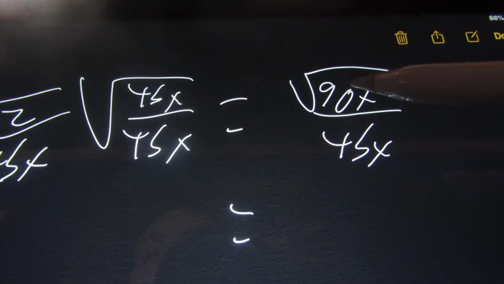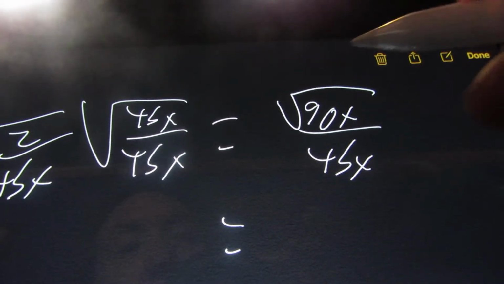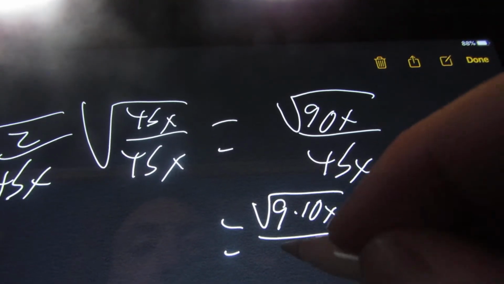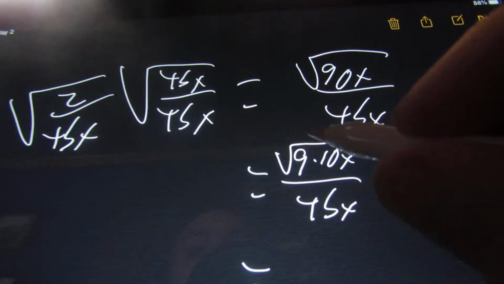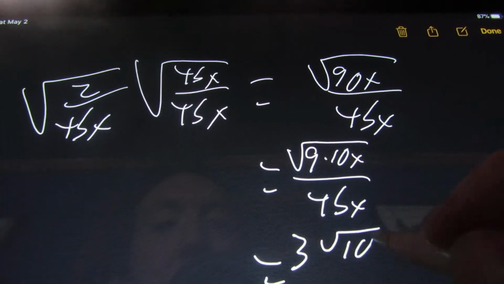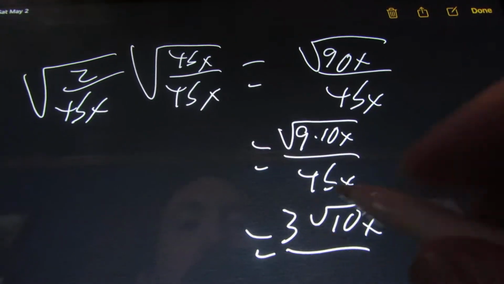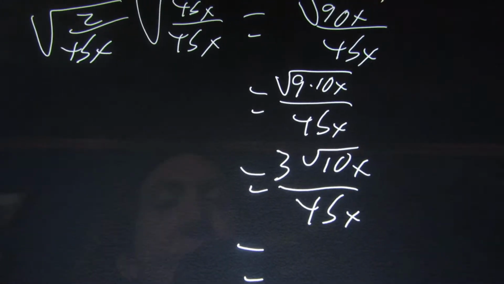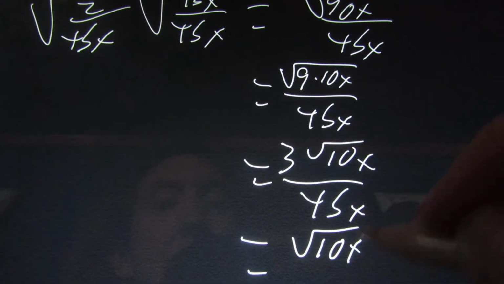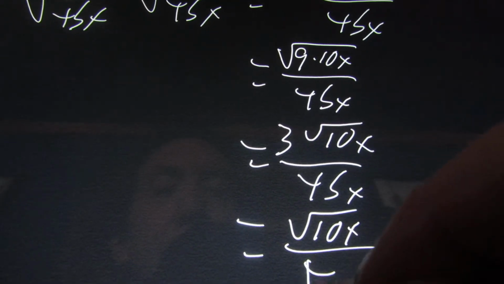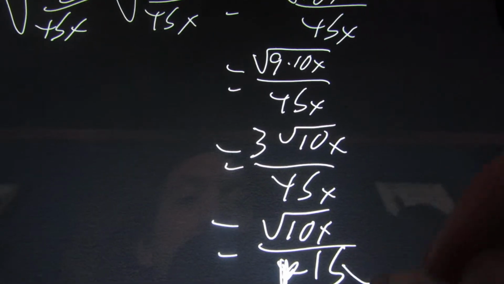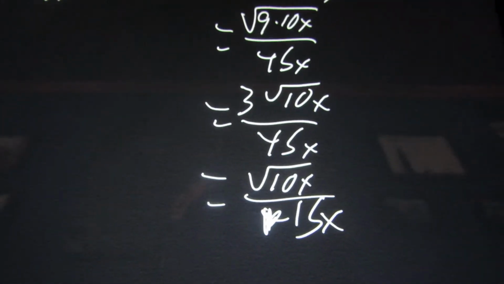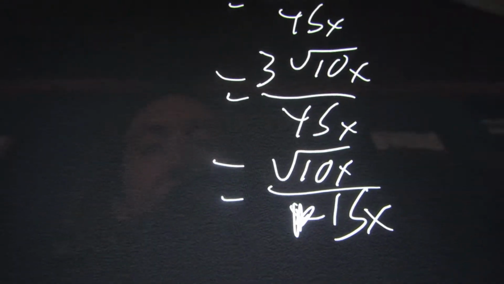So now a 9 will go into the 90x. So I'm going to rewrite this as 9 times 10x over 45x. We can take the square root of 9, which is 3. We keep the 10x under the square root, and it's all over 45x. And we can divide 3 into 45 15 times. So we're left with square root of 10x over 15x. Okay, so on something like this, it's best to use the math quill to write something here where you